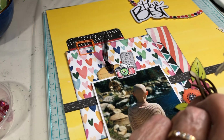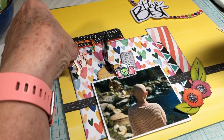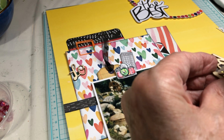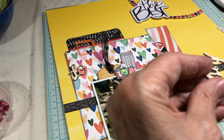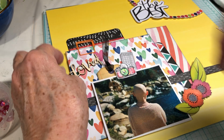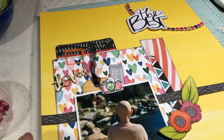Okay, more glue. And I'll go this way. Just a few dots. There, and you cannot tell that it was ever broken. Okay, I've got a